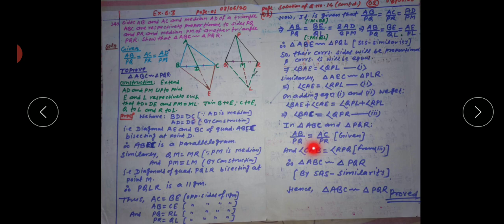So the ratio of AB and PQ has become equal to the ratio of AC and